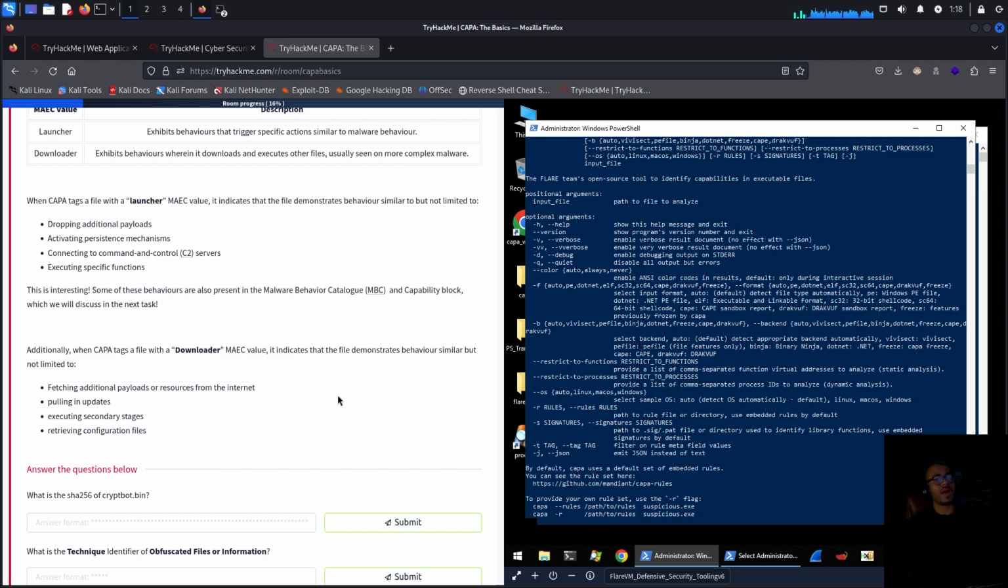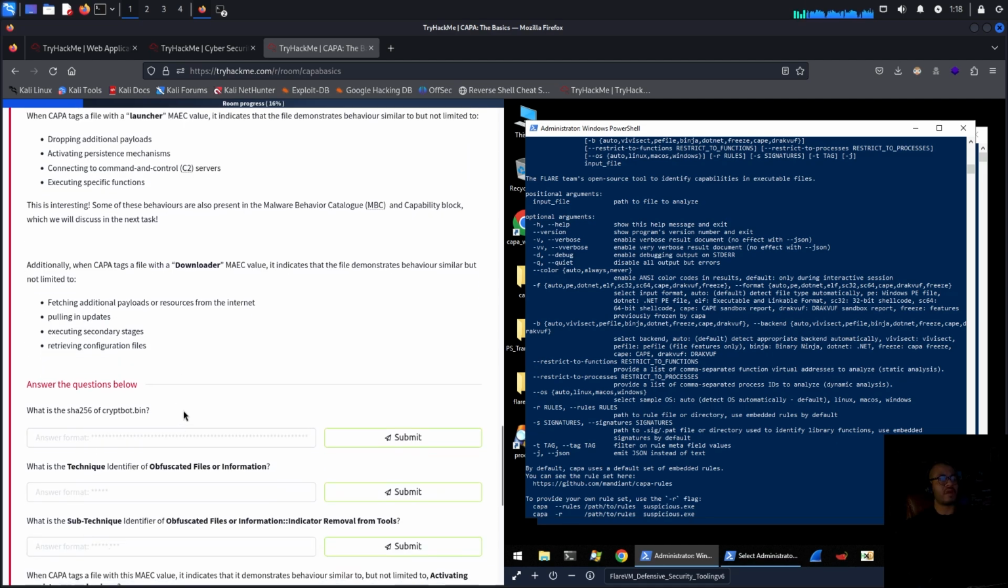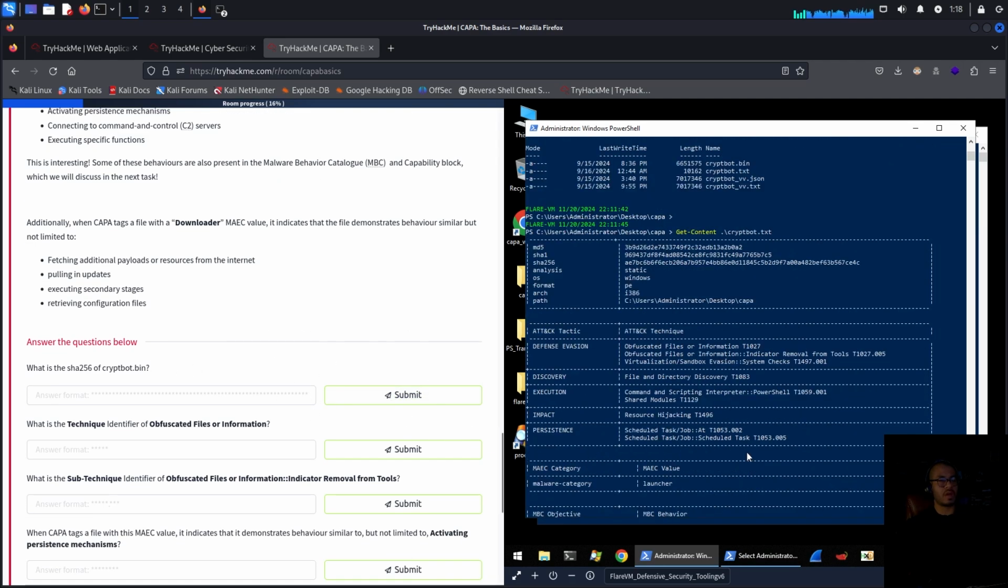Additionally, when CAPA tags a file with a downloader MAEC value, it indicates that the file demonstrates behavior similar but not limited to fetching additional payloads or resources from the internet, pulling in updates, executing secondary stages, and retrieving configuration files. So what is the SHA-256 of, well, that would be